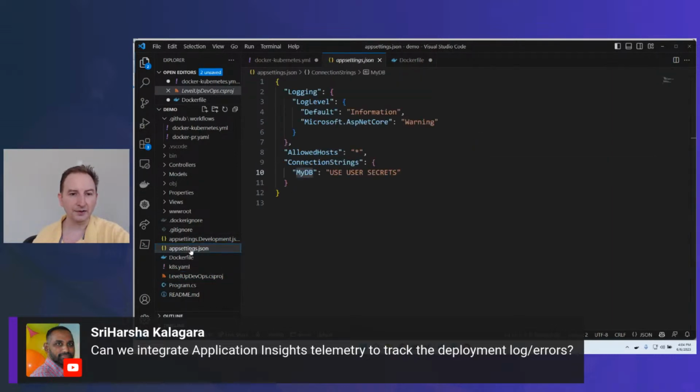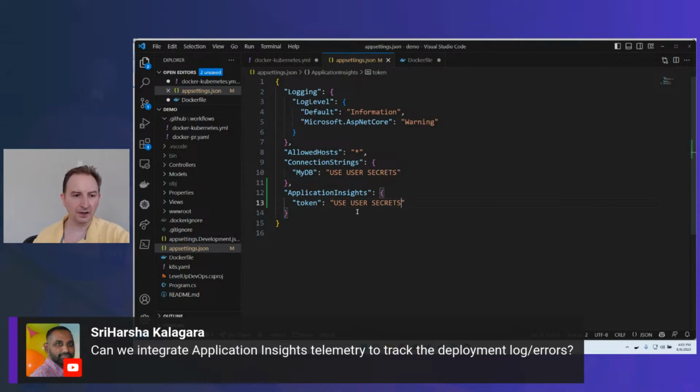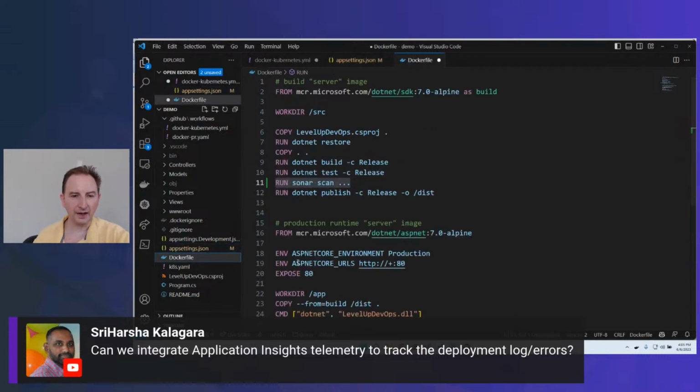And then we'll need to set our token. And so our token is likely in here, Application Insights, and we might have some details here. Now, much like we did with our previous setting, let's say token, let's say use user secrets. Don't put these secrets in our config file. And now that we've got that mocked out here, let's come back into our Dockerfile, and we could